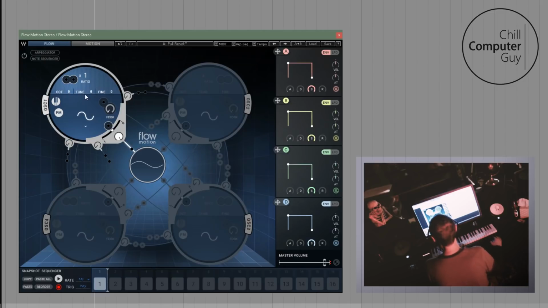Okay. Next to there, you have your tune and then your fine tune. So if you want to go 7 minus 7, that's going to be a fifth down, that type of thing. And then above that, you're going to have your ratio here. So your ratio is interesting because that's basically kind of the same thing as your octave, but this is doubling the frequency,